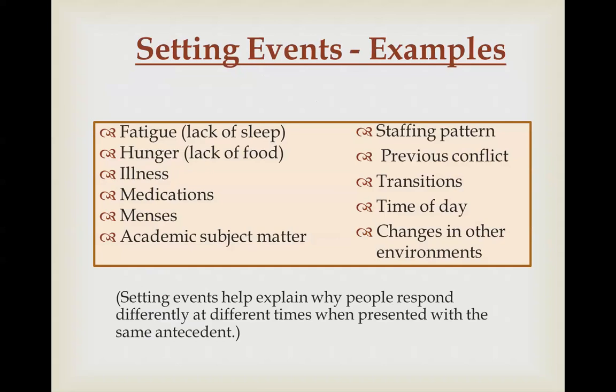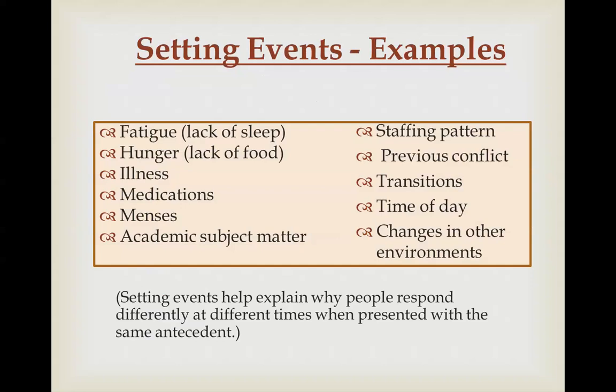A setting event could be conflict at home in the morning. That's hard to assess whether it happened or not. The only thing we can do is triage in the morning and ask the kid how his morning was. Conflict on the bus, being teased in the hallway before the child walked into your classroom, coming in hungry. Those are harder things to assess than the immediate environmental variables that trigger the behavior because that's right in front of you. I would argue, right?